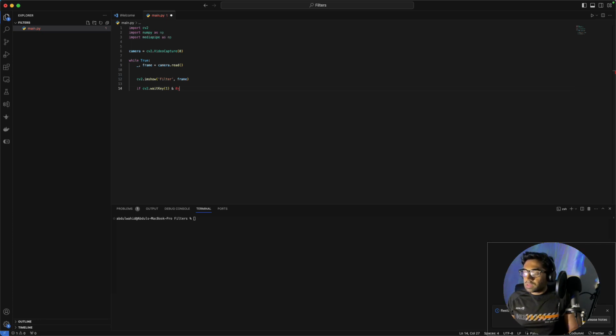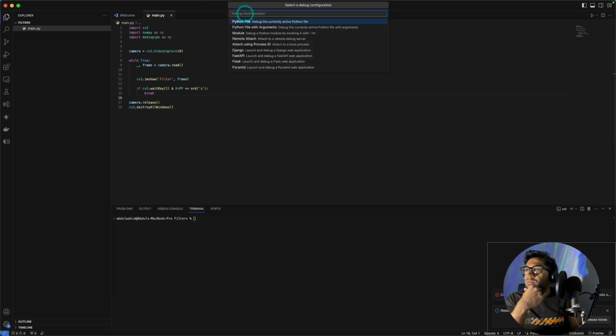0xFF is equal to q, and that is going to break. So what I did is basically state the command that whenever I press q, the program will stop and the camera will be released, and all the windows opened by OpenCV should be closed or destroyed. So if I run this code with the Python debugger,